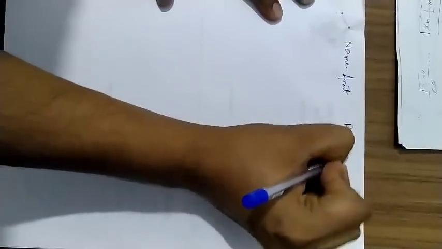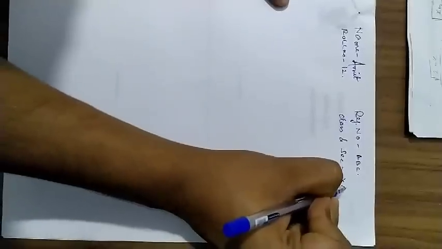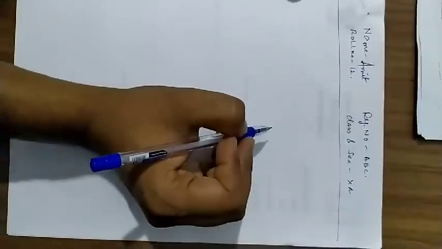So how to start writing your answer? First of all you have to write your name at the top, then your registration number, then your roll number, then class and section you have to mention. Then you have to put a line so that you can make a differentiation, and at the corner you have to specify the page number clearly.